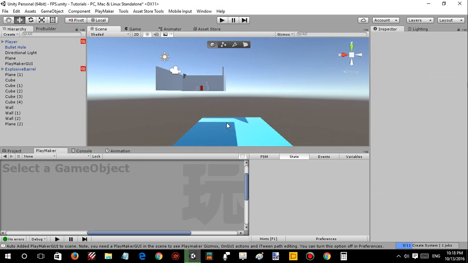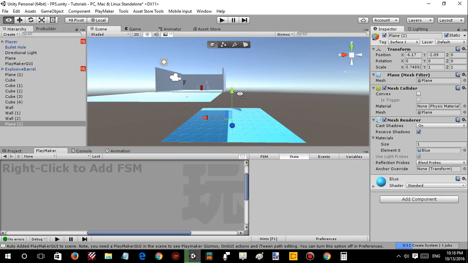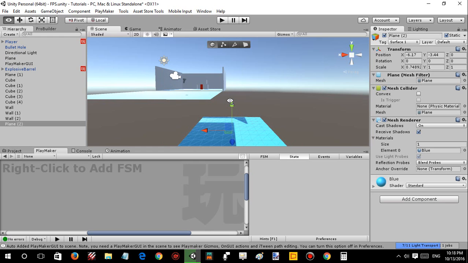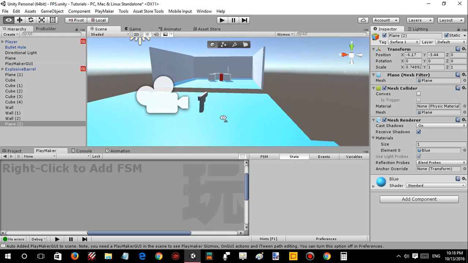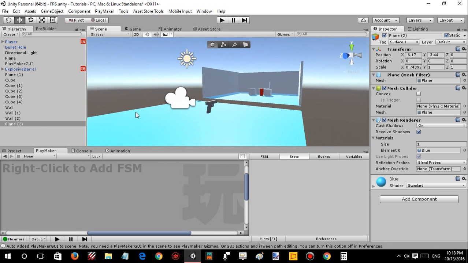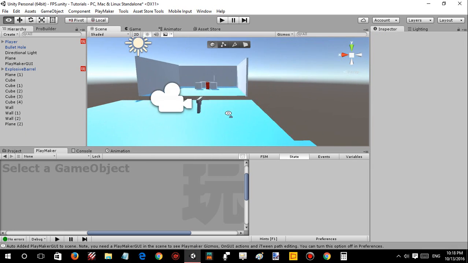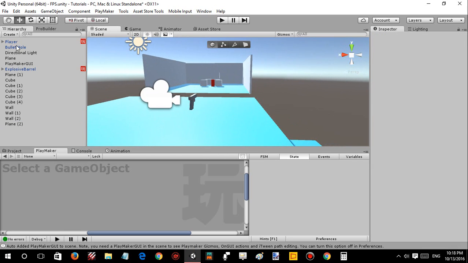Suppose this is the minimum distance that he can take for the damage. We will be putting this here so that he will get hurt when he jumps from this point to this point. So that is basically what we will be trying to emulate, and we will just leave this plain, and we'll go to the player